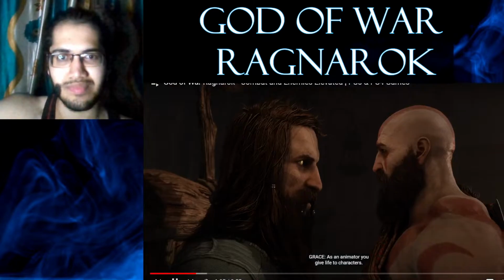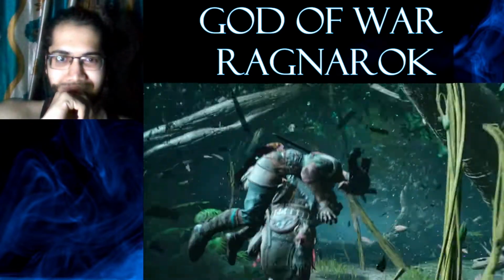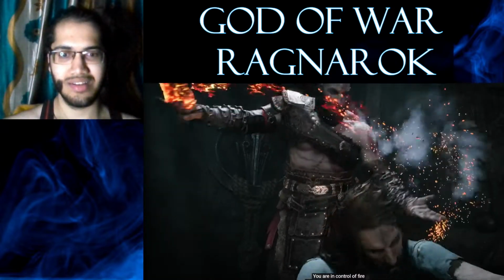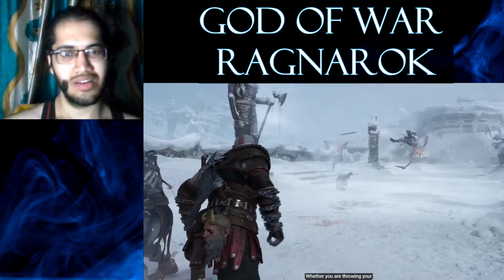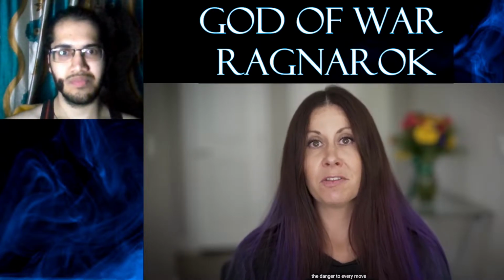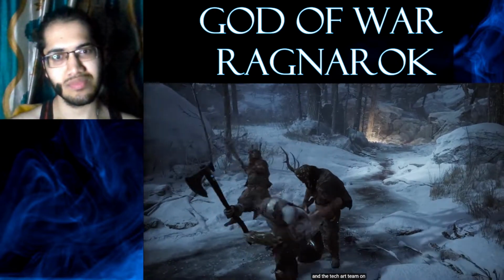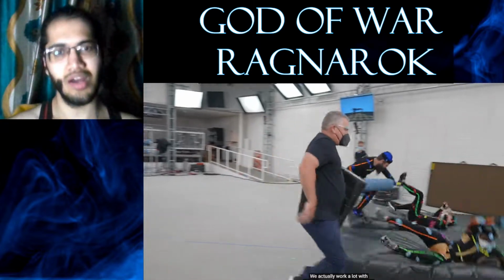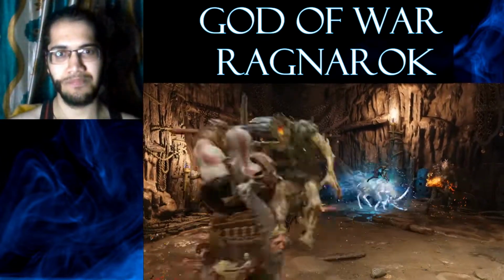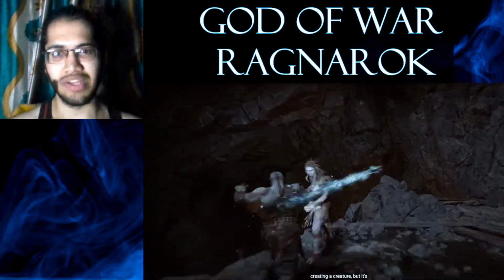As an animator, you give life to characters. You make them move, you give them personalities, you give them weight. Wow. My role as a VFX artist is to put the power behind a move. You are in control of fire and earth and water and wind. Whether you are throwing your axe or on the receiving end of an enemy spell, VFX is what really gives the movement and the danger to every move that a character or enemy makes. I work really closely with the design team and the tech art team on this project specifically. We actually work a lot with camera, along with the guidance of our great camera team, so I find myself doing fight choreography sometimes. One of the most challenging parts about being a combat designer isn't the technical implementation of creating a creature, but it's really navigating that line between frustration